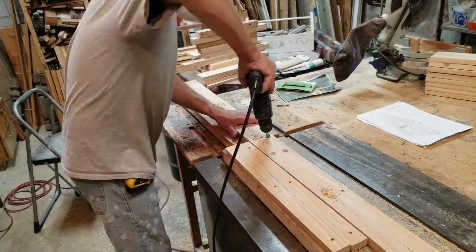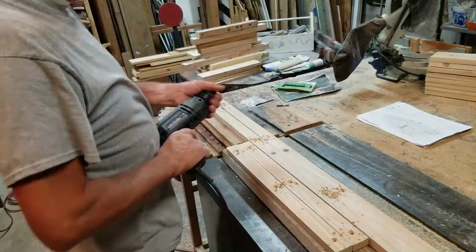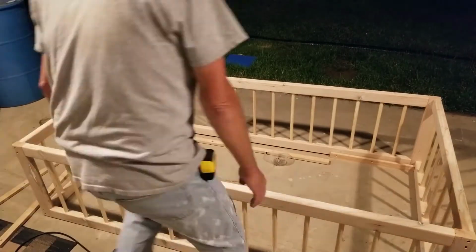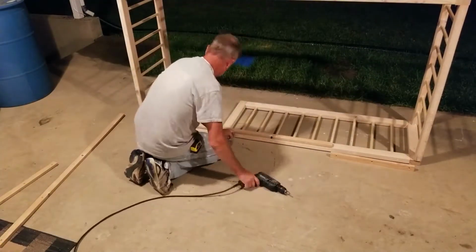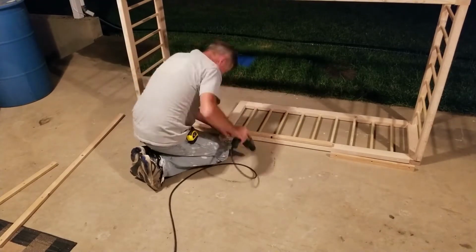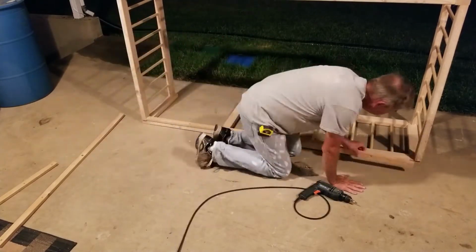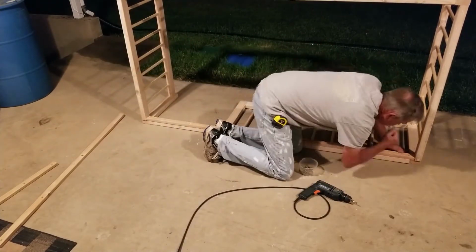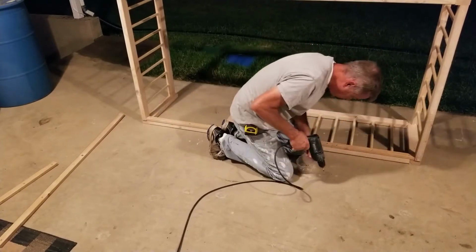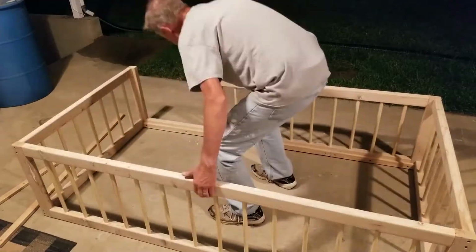So what is this wood for? Oh, okay. The mattress isn't just going to sit on the floor. We want the mattress raised above the floor on slats. So this is the edge where the slats lay on. I was trying to figure out how we were going to make these little lips for the slats. We had extra 2x3s, so I just cut off, I think, a 1 inch or maybe 3/4 of an inch strip